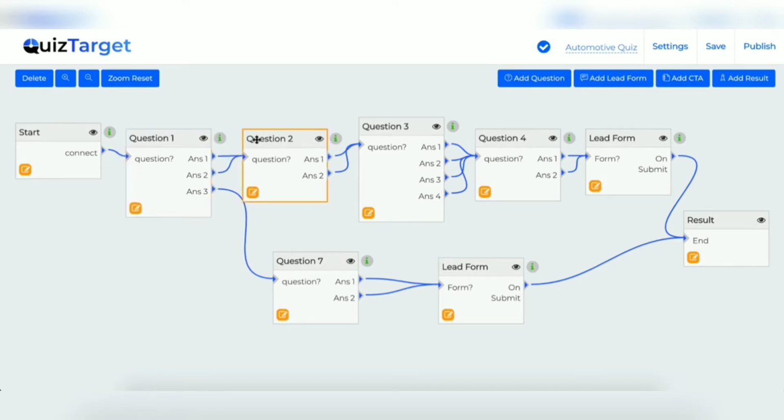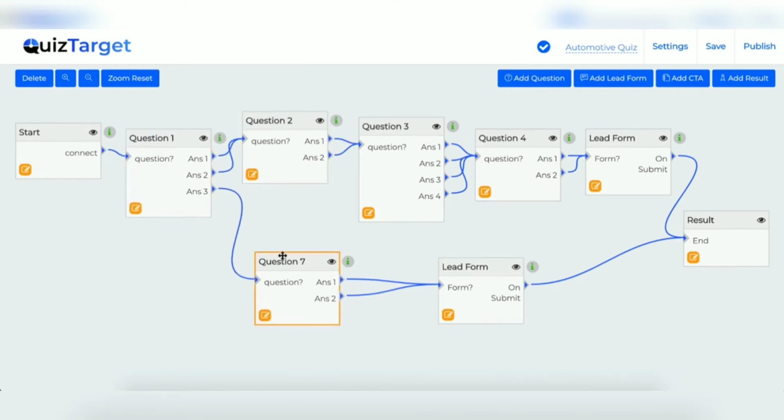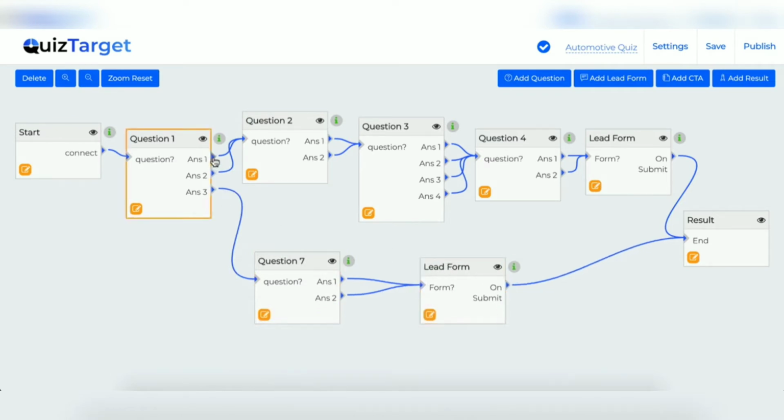To save time, I have taken a done for you quiz to explain further. As you can see, this is fully drag and drop and you can easily control the user journeys as per their answers. In here, if someone gives an answer 1 or 2 to the first question, they will be taken to question number 2. Similarly, if they select answer number 3, they will be taken to a different route in order to ask them more relevant questions and segment them in a different list altogether. You can edit this connection at any point of time. You can change this connection as you want.